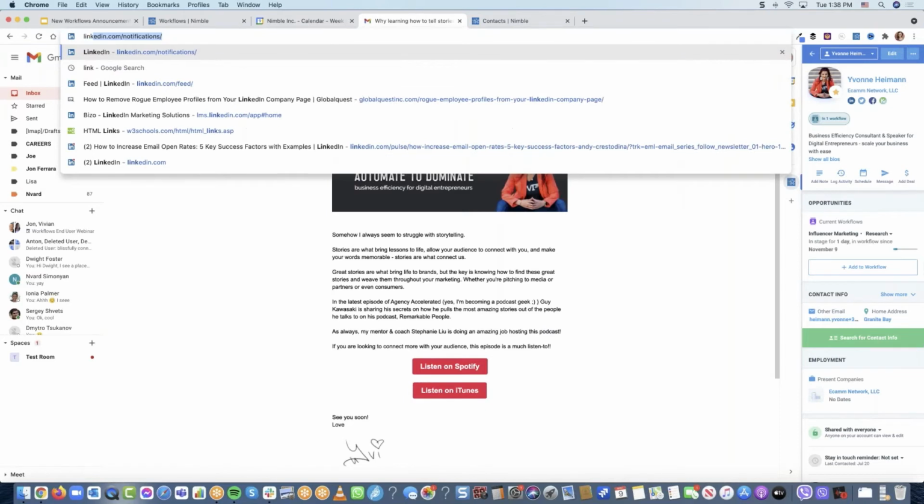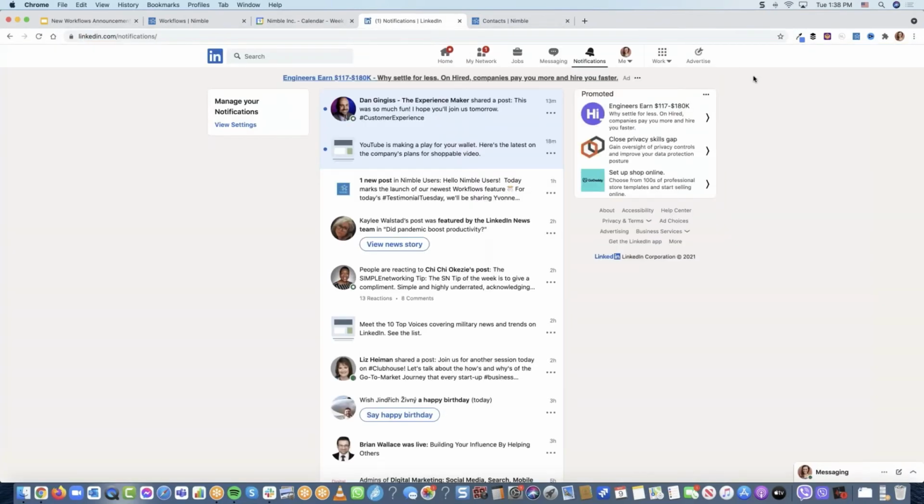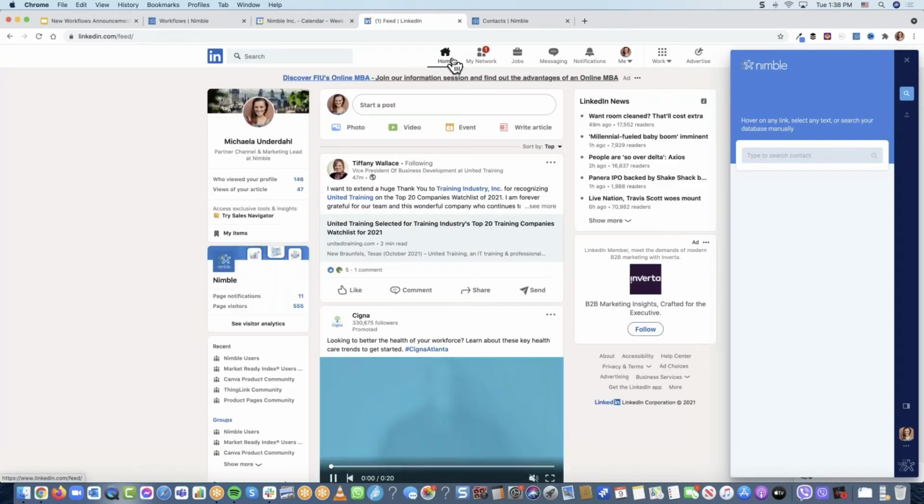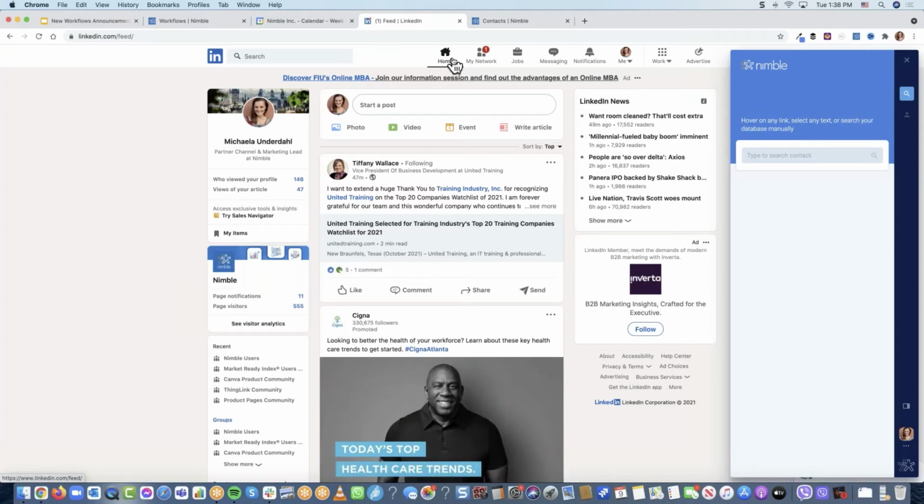I also want to show you how you can use it on any social media site. Nimble Prospector, for those of you that don't have it installed yet, is a browser extension that is available on all the main browsers. So I'm showing it to you on Chrome, but we are also available on Firefox, Safari, and Microsoft Edge. So as long as you have it in your browser, only bring it up when you need it, and you can do it by clicking on our icon here, and then you can basically hover over any name anywhere on the internet